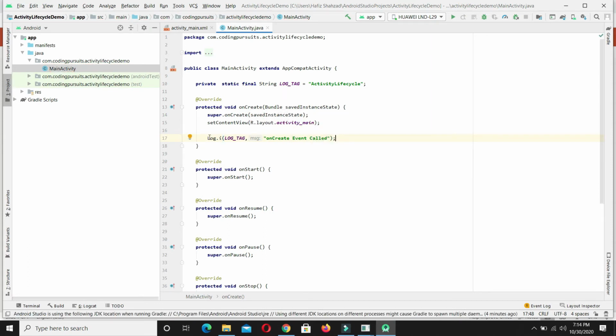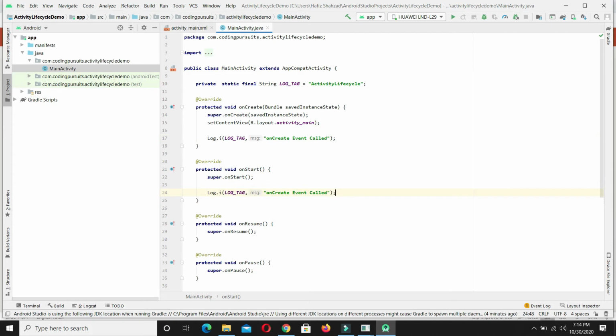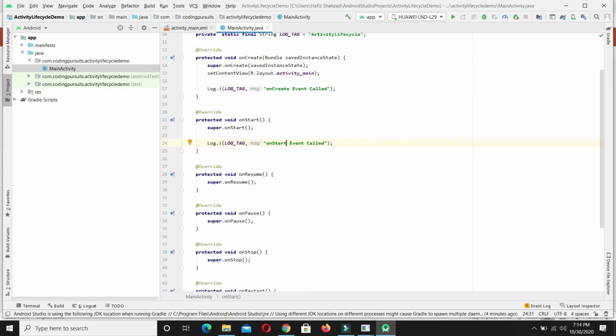In the same way, copy this log and write in all events. On start, event called.